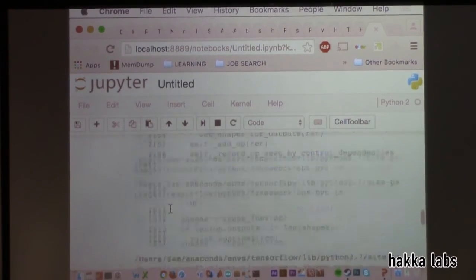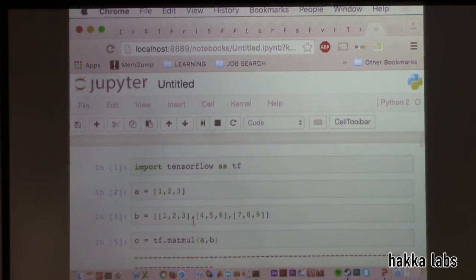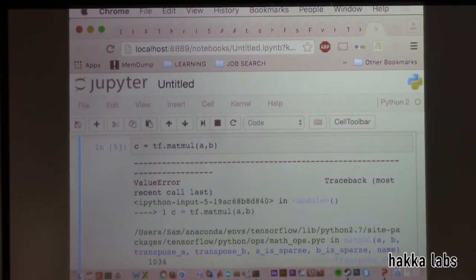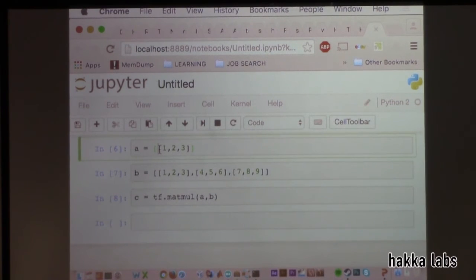Transpose B. I think if we do that, maybe. There we go. Thank you. Okay, sorry. Vectors in vectors bad, matrices good.